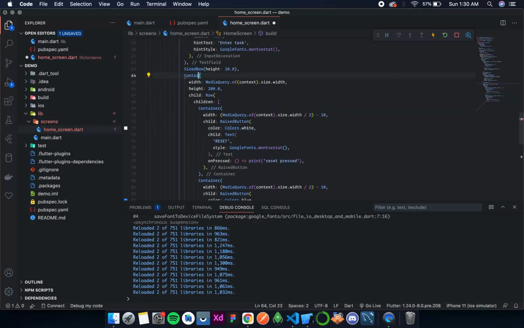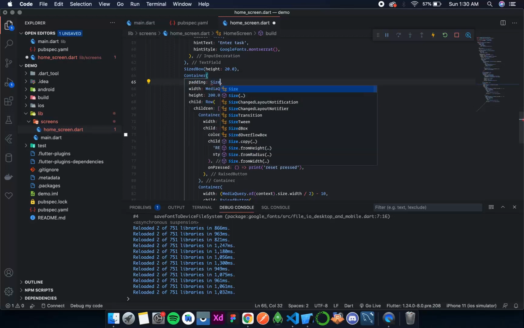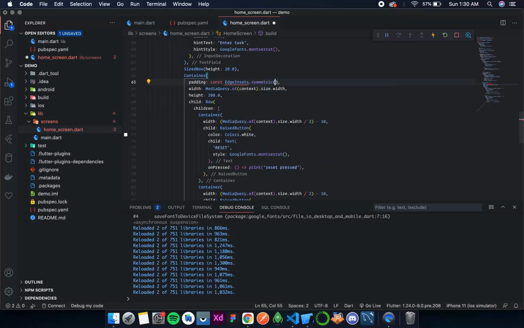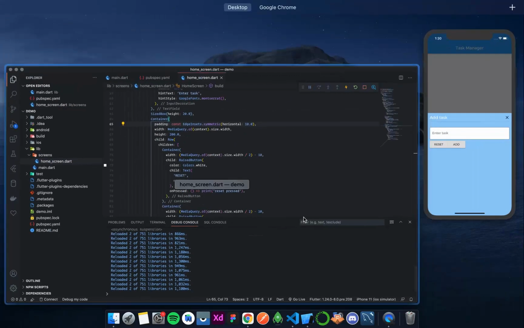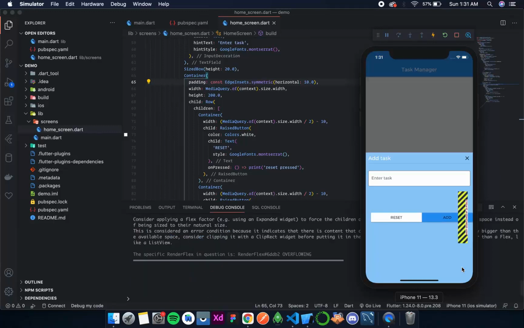Instead of sized box, we'll have a container, and then this container will have a padding from all the sides, padding of const EdgeInsets.symmetric horizontal, and that is 10.0. Let's see if it gives us some overflow errors or what.